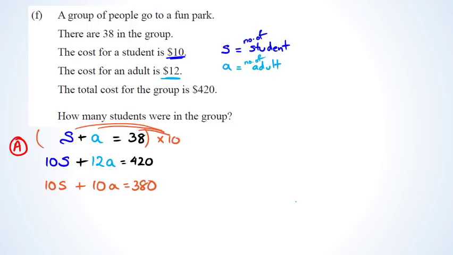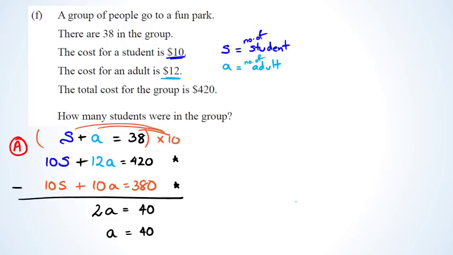So look at which numbers you can eliminate really easily. Once you do that, I'm going to take the first equation here and subtract it from this equation. So what you have is 10S minus 10S is 0. 12A minus 10A is going to be 2A. 420 minus 380 is going to be 40. And what I have is 2A equals 40, which means I can rearrange this as A equals 40 divided by 2,